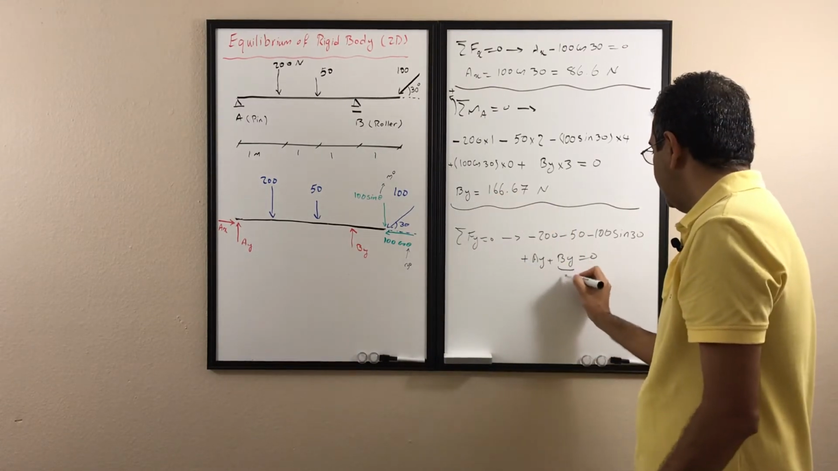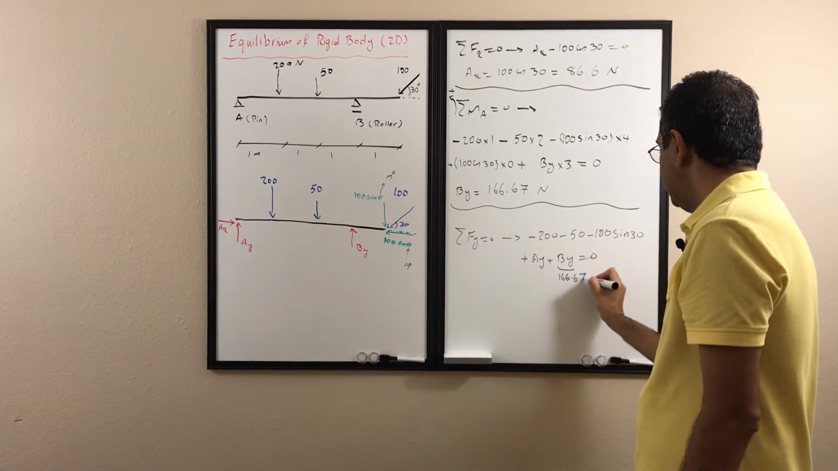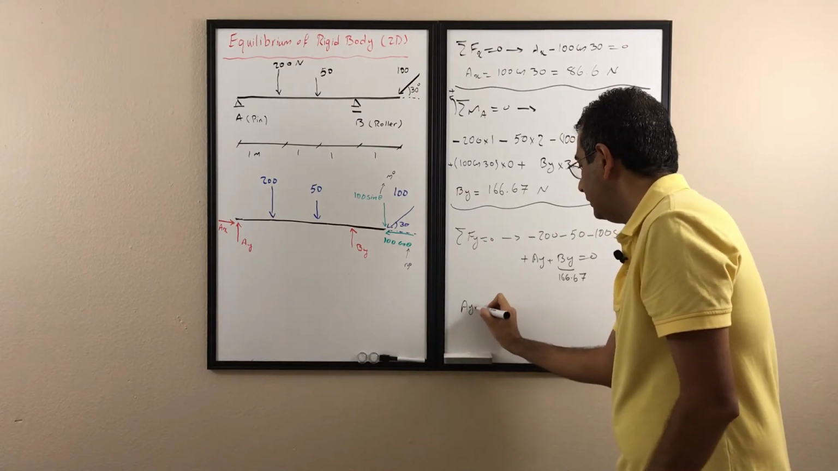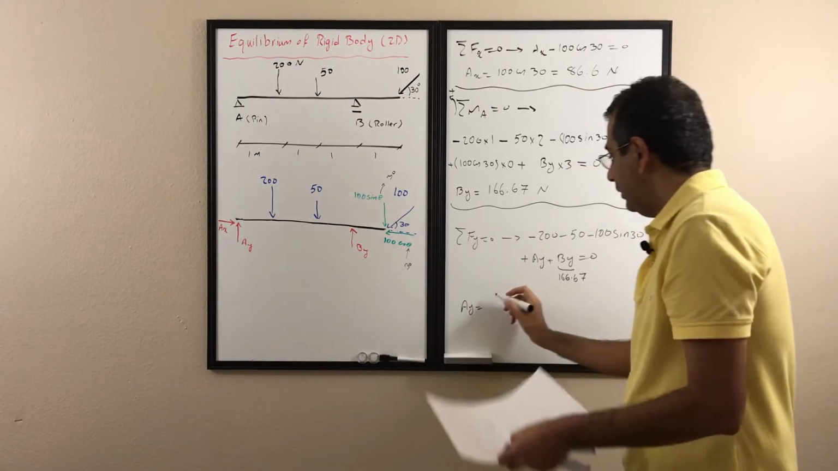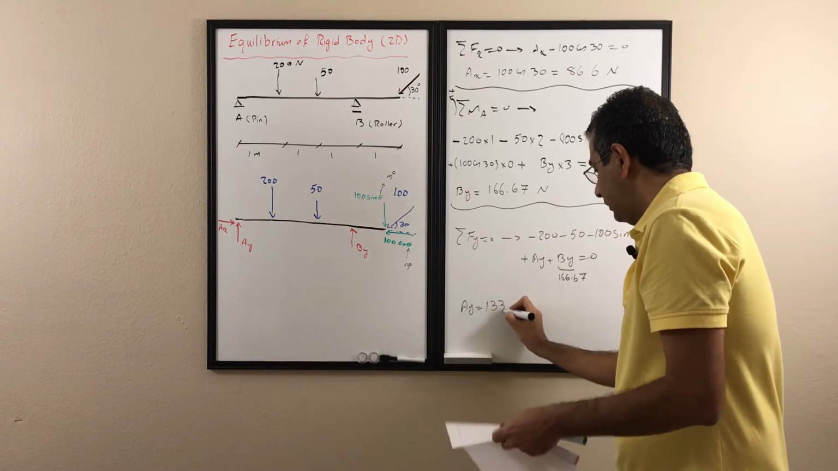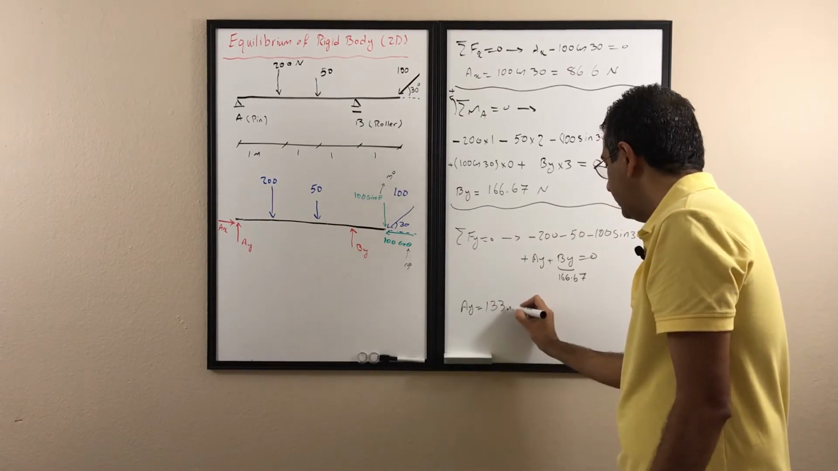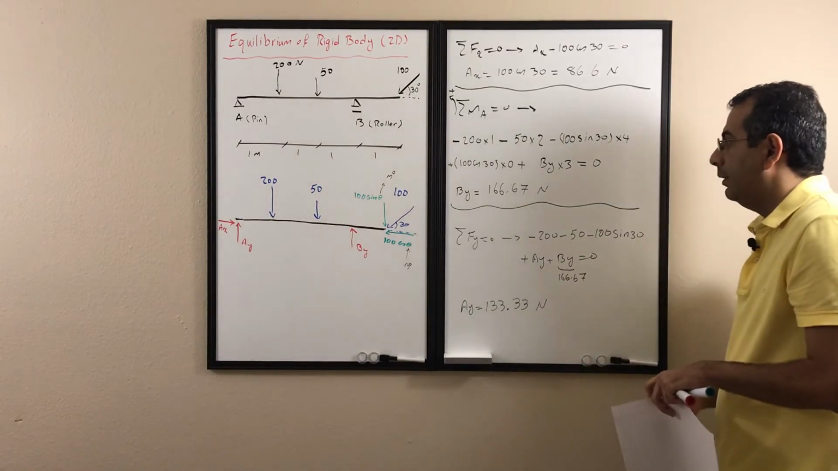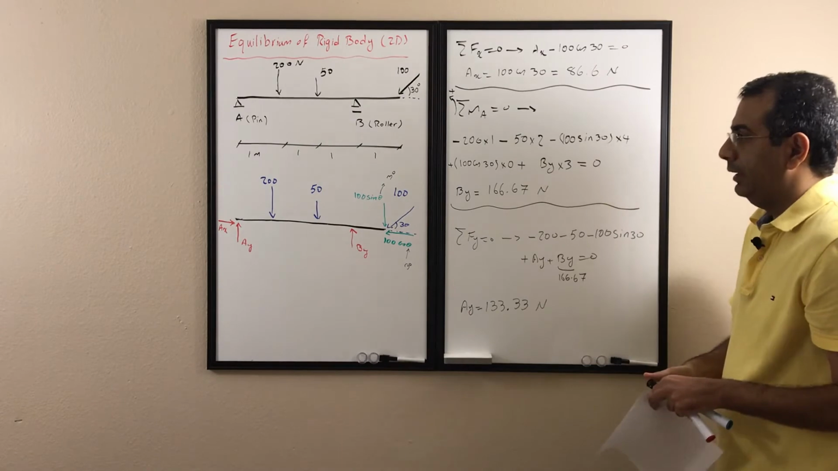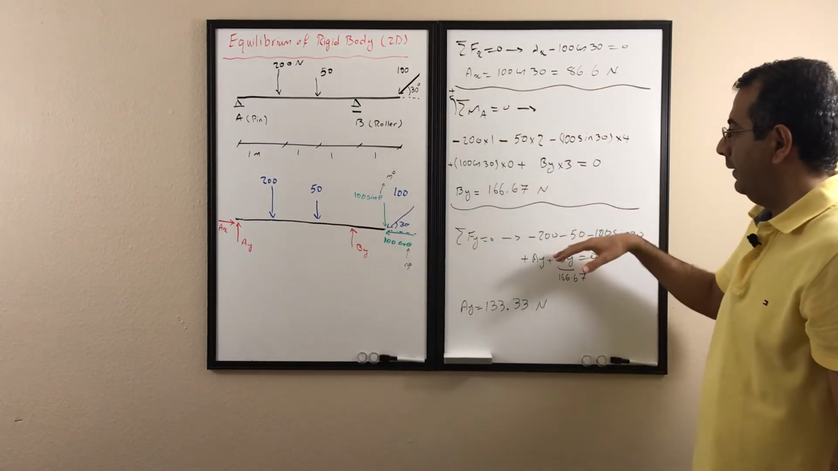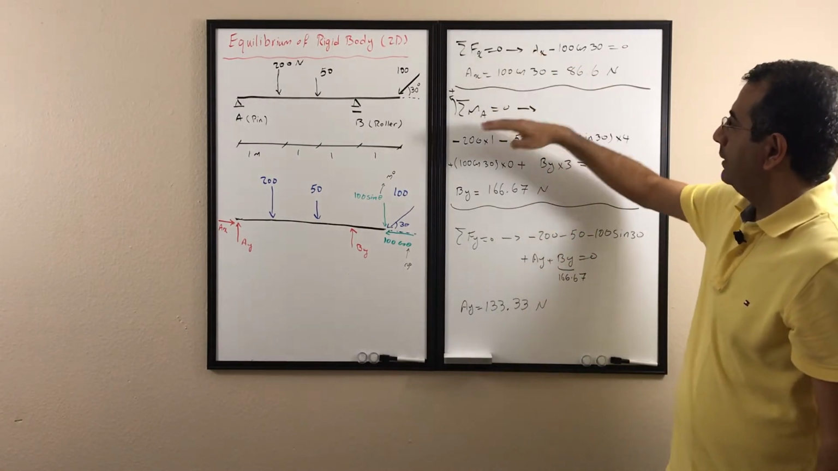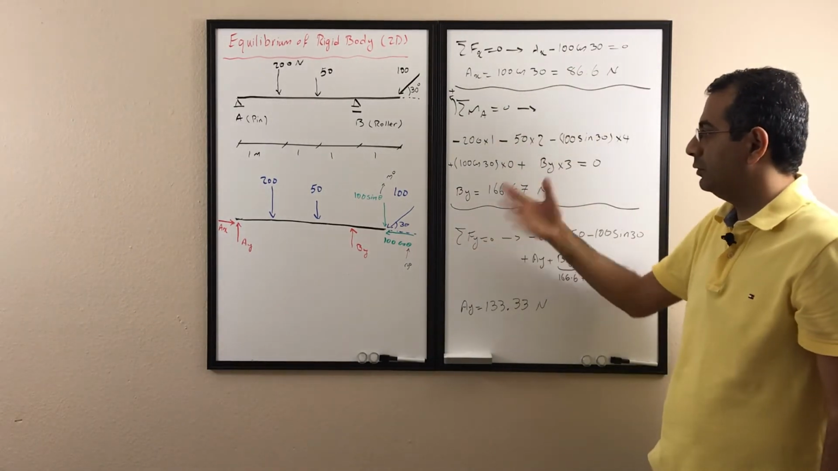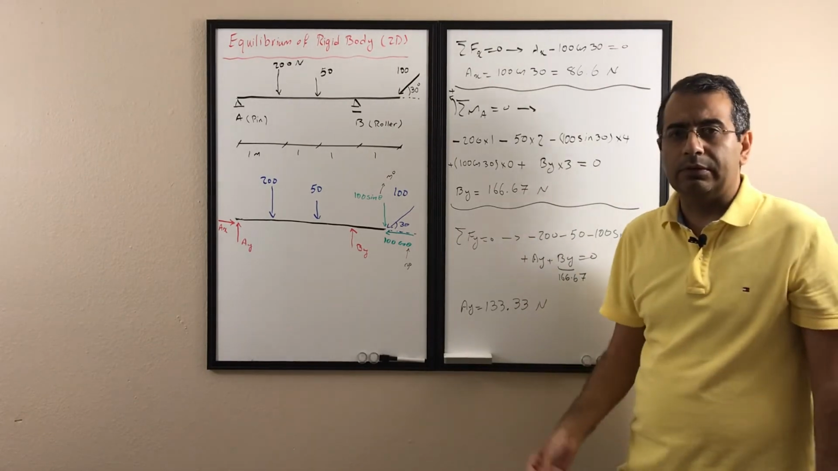So we know that By is 166.67. The only unknown is Ay, and so we can find that Ay is equal to 133.33 Newton. So we can find the Ay in this equation. Again, remember, I use the sigma Fx, sigma m, and sigma Fy. So I think this is probably the easiest order you can use, but you can use any other combination or